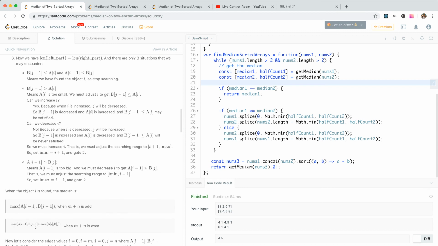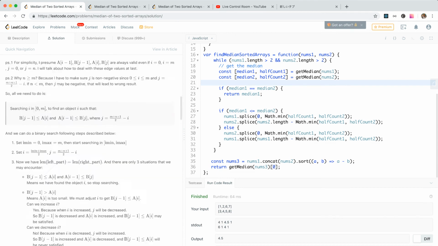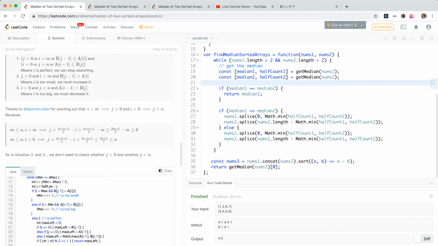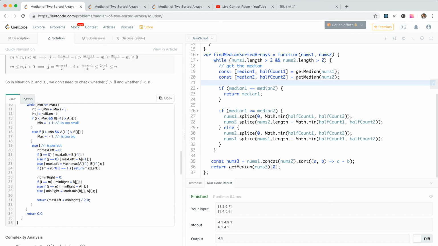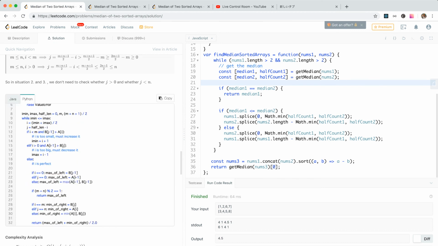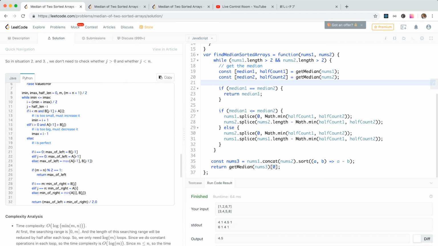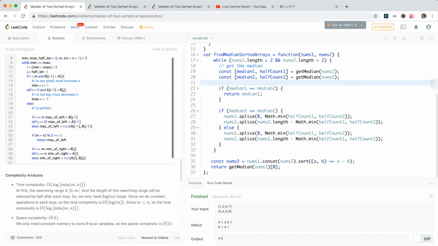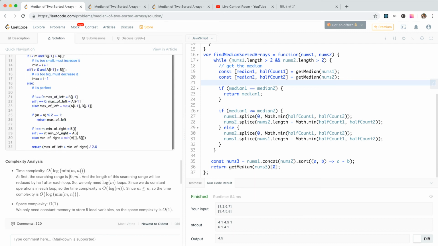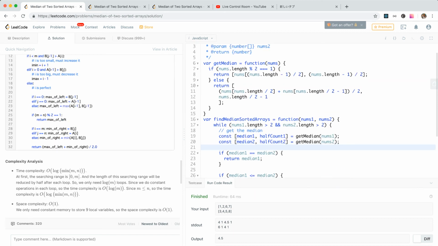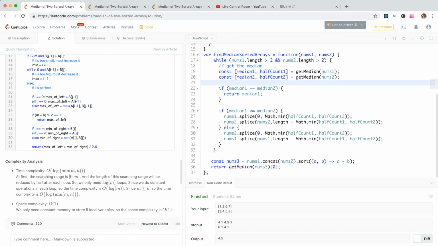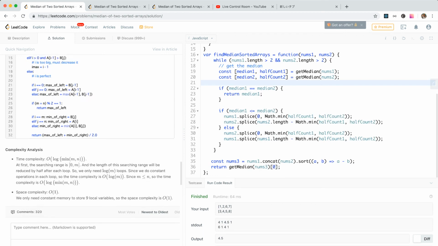Shit. Okay, they actually have a better solution than mine. I need to understand this better,